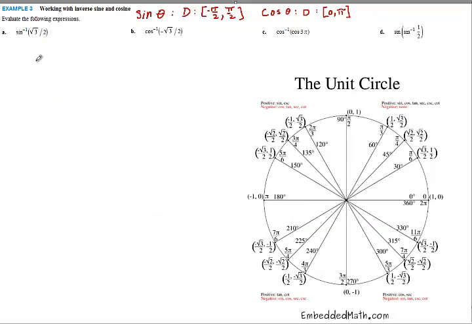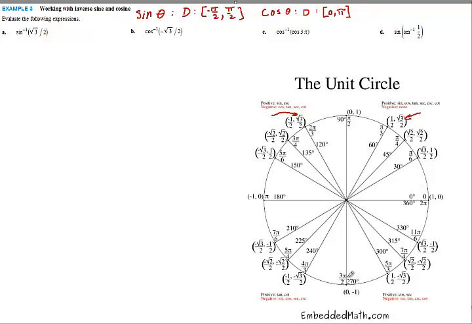We'll work a few problems, and I wrote up at the top how our domain was restricted. I want the inverse sine of square root of 3 over 2, so I'll go and find some square root of 3 over 2's. There's one. Ooh, and here's one. Here they are. The domain has been restricted to the negative pi over 2 to positive pi over 2. So I have to pick which one would work for that domain restriction in between negative pi over 2,